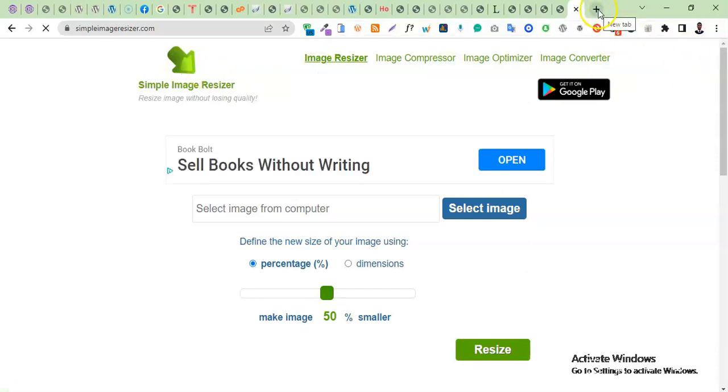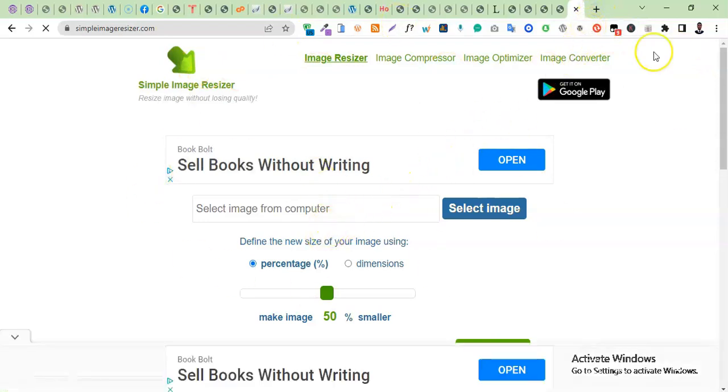So I will pick an image, but because we don't have any image right now, I'll visit a site called